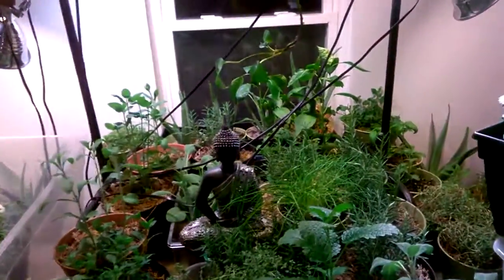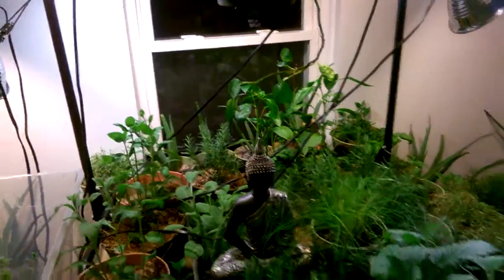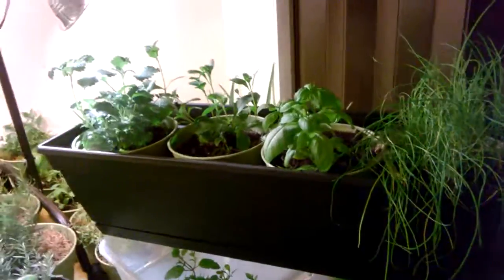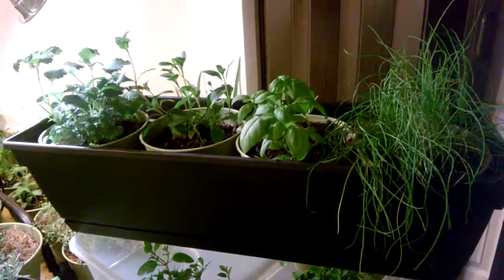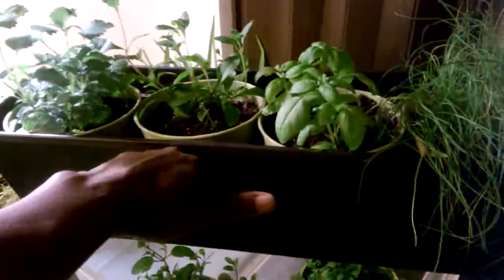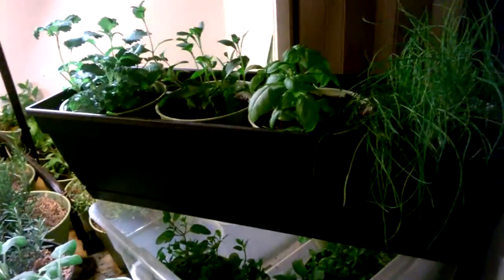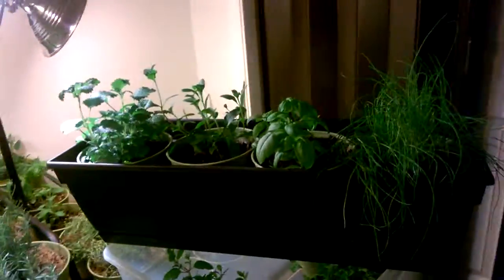Really, how many of us actually use the windowsill? Not many. Okay. So your windowsill is a good place to grow some plants. You can grow 4 per window. All right. At least I can. This window box is about 18 inches. Okay. So if your window is at least 18 inches, you can get an 18-inch window box and you can put it in your window and you can grow 4 plants